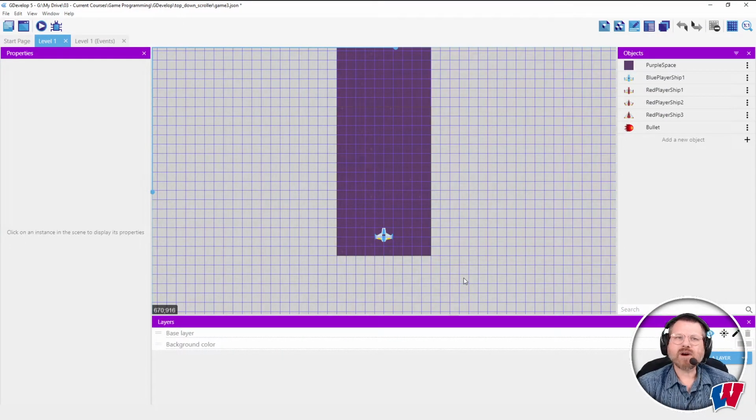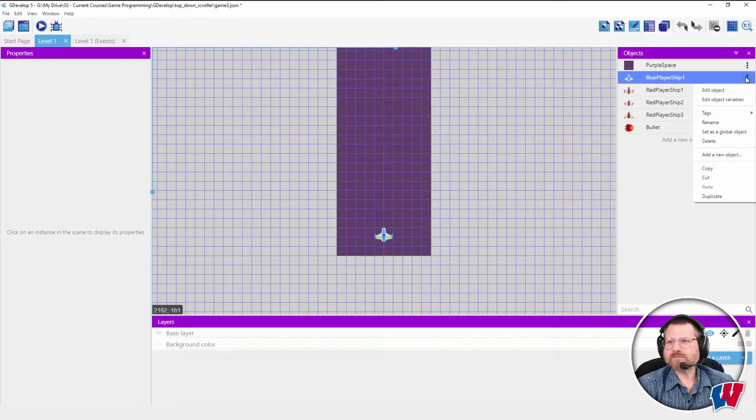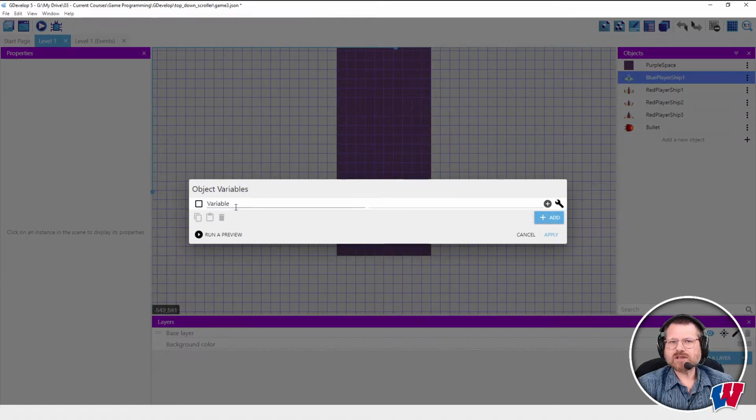And we want it so that whenever I fire a bullet, we create one of those, but we also don't want to be able to just spam bullets. We want to restrict how fast the player can actually fire those bullets. And so I'm going to go to the player. For now, let's just keep it simple. I'm going to create a variable called CanShoot, and we'll set that to true